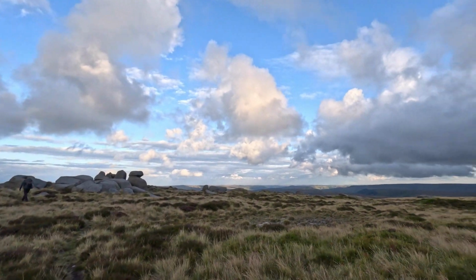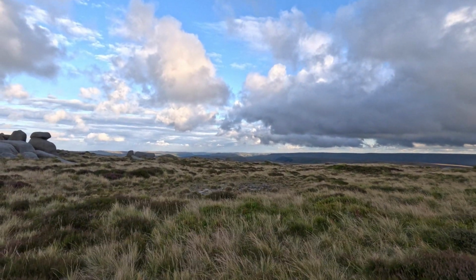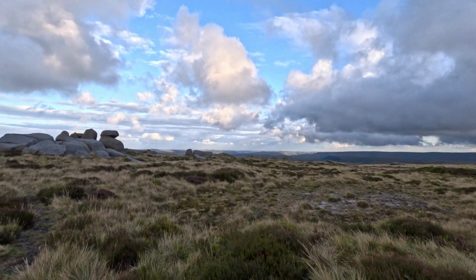So you're not going to believe this, but we've actually arrived. Yeah, and it's a bit desolate, but look at that view. It's just amazing. This view is amazing from here. You can see right down the valley,